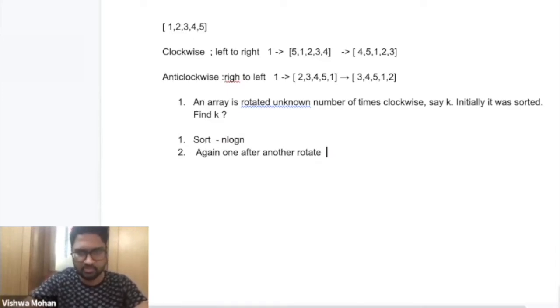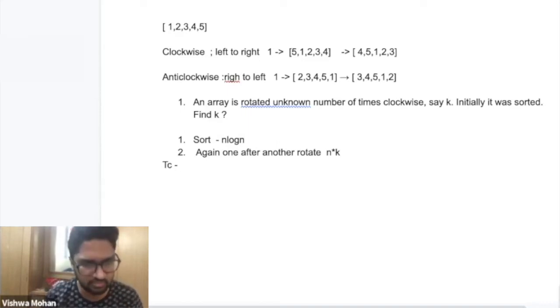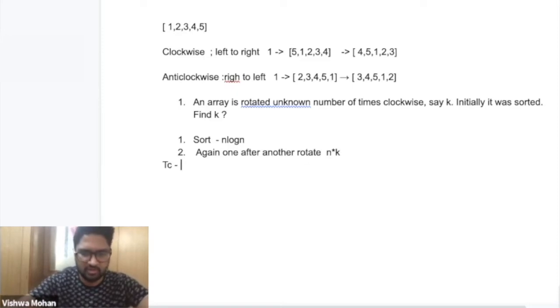If we are rotating k times, that will take n into k time complexity, right? So the total time complexity is, because n log n and n into k, if you sum both, the higher order will take preference, so the time complexity will be order of n into k itself. So basically a quadratic time complexity.